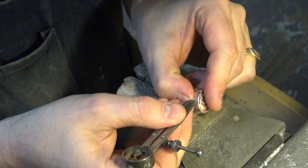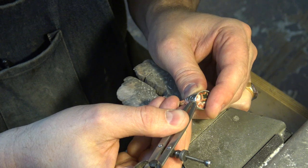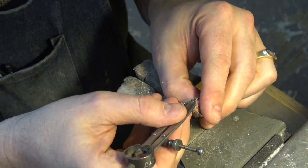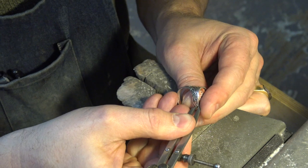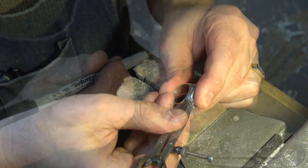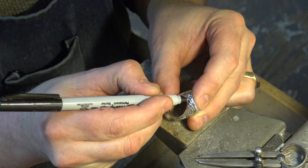And then I'm going to do a small scribe, and this is just for me. I don't need to gouge it into the ring, just so I can see where I should stop. And this will become clear in a second. Just a light line around the edge. I know this is difficult to see, but I made a scribe that goes just along here, and I'll just kind of mark it in